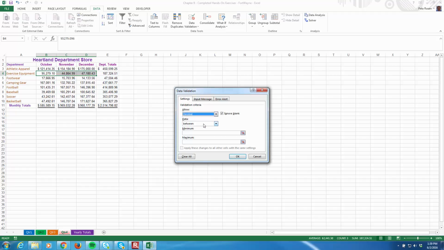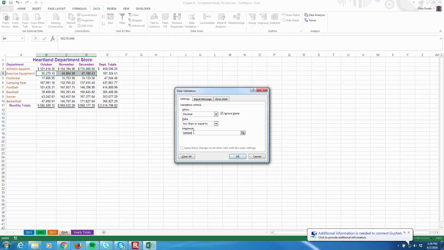Where it says between, we're going to change it to less than or equal to, and our maximum is going to be 500,000. So for cells B4 through D4, it has to be less than or equal to